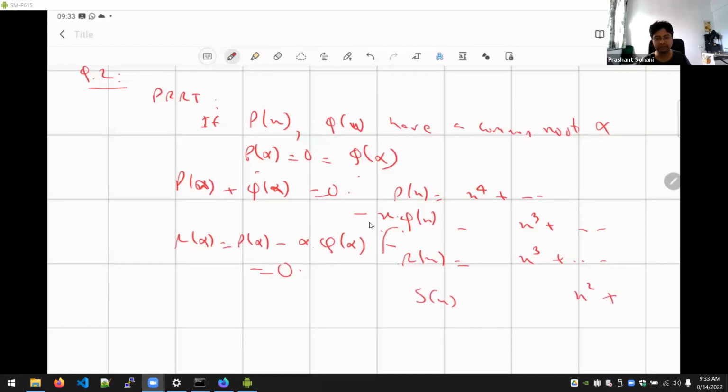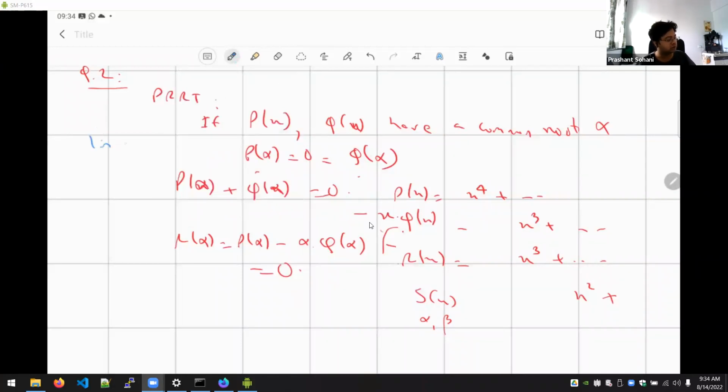The only thing you have to check is that whenever S of x has some roots, let's say alpha and beta, one of them may be a common root of the original polynomial, but it is not an if and only if statement. So you have to check manually which of these are actually roots of the original polynomial, but you can substitute and check that. And it turns out both of them are the roots of Q of x. So once you factor them out, you can get all the roots of P of x and Q of x.